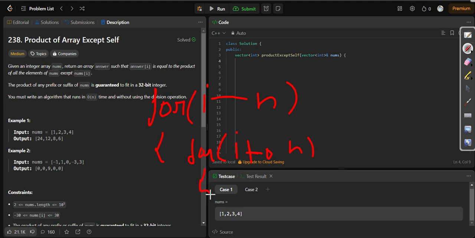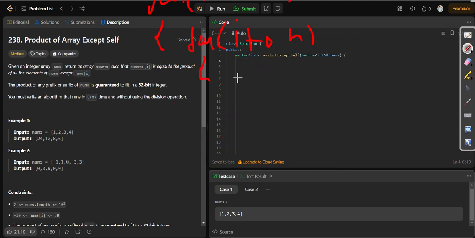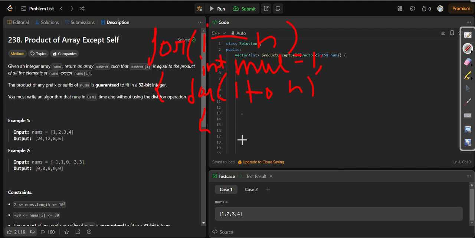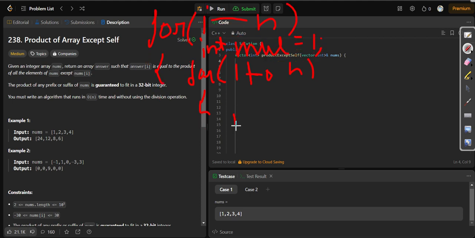And before the second for loop, we first take int mul is equal to 1. Okay, and in the second for loop, what will we have to do?